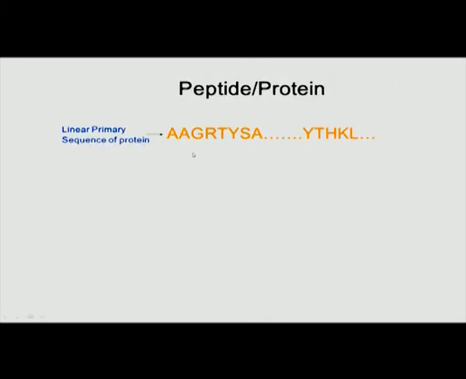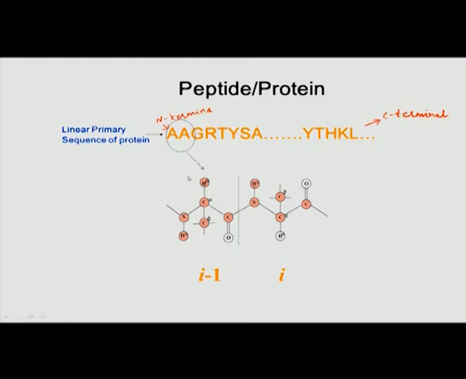So, this is an example again of a peptide or protein sequence which runs like this. Typically we denote this side as the N terminus. So, let me write that down. So, we say this is called the N terminal residue, and this side is the C terminal. So, this is the notation which is used in NMR, and therefore, we will use that notation to talk about the assignments.